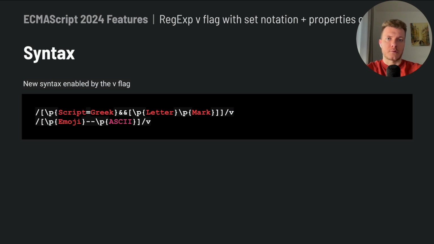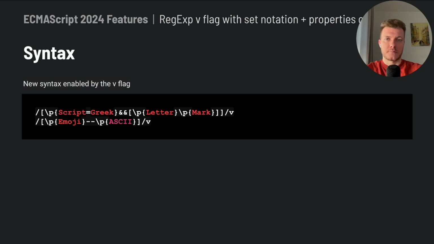These operations, coupled with the ability to nest character classes, offer unprecedented precision in pattern definition. The v flag serves as a key to these enhanced syntax, marking the pattern for advanced processing and enabling these